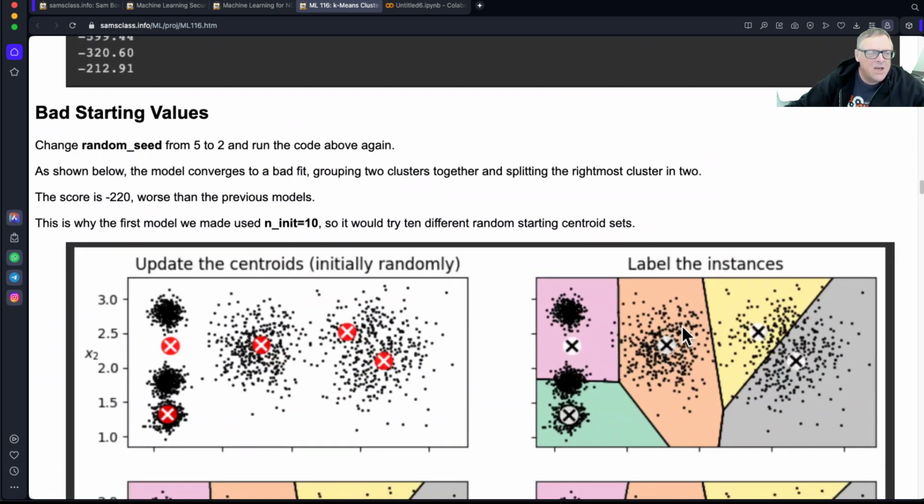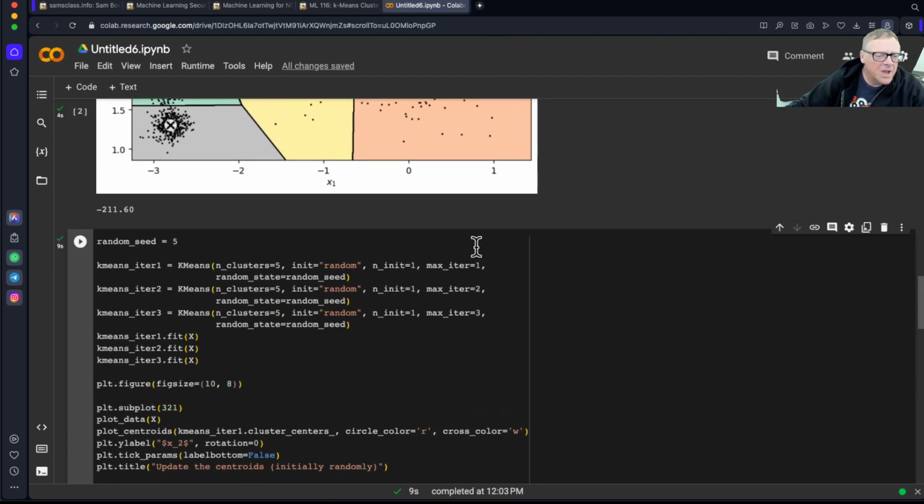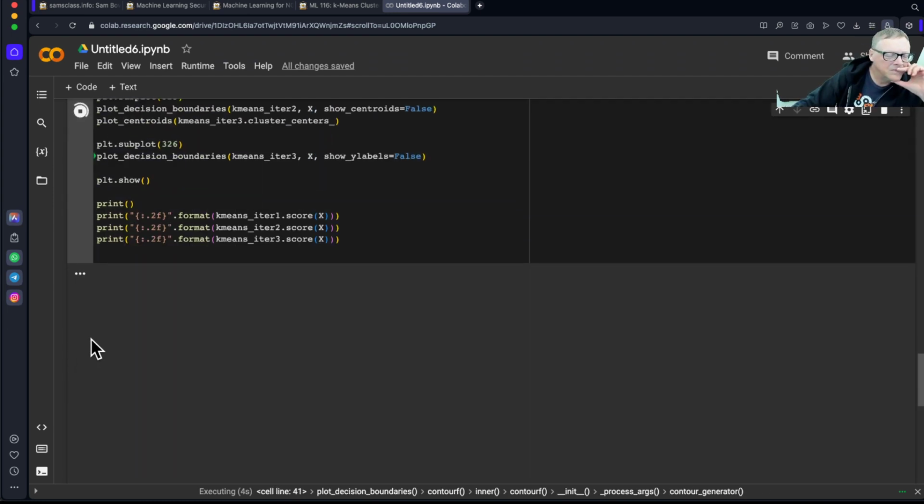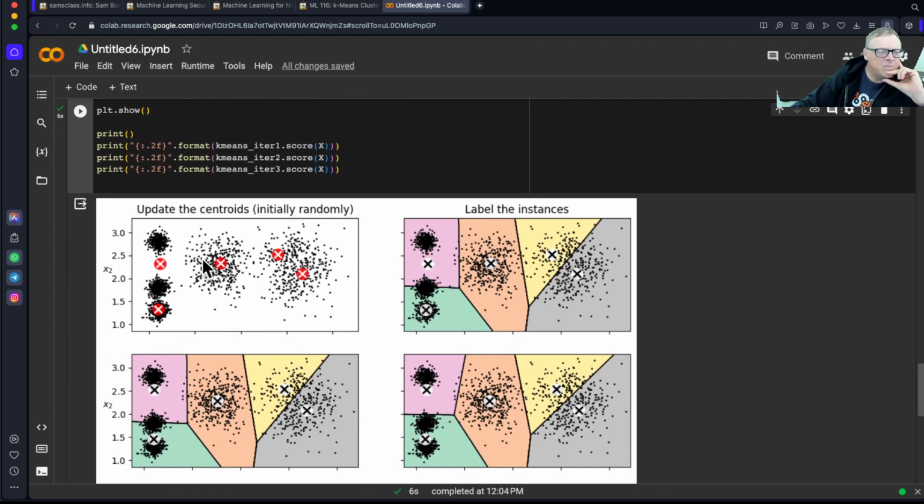All right, now we're going to do it with bad starting values. If we change it from 5 to 2 here, and run it again, then it makes really bad starting guesses, where it puts these 2 over here and only has 2 there, and